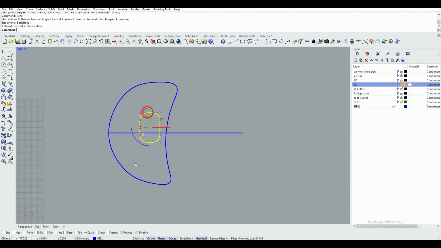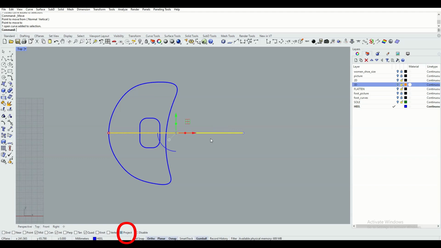Then we select the rectangle, we turn on mid OSNAP, then intersection, and we move the rectangle to this line. It's very important that project is turned on.